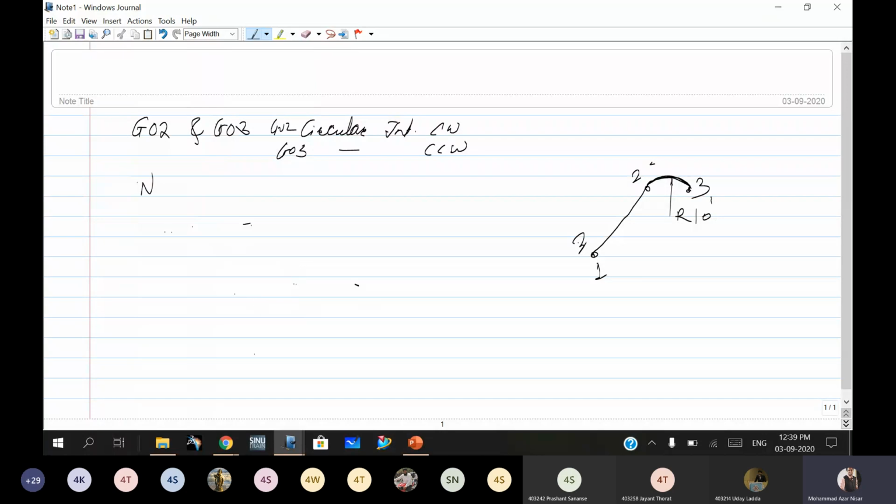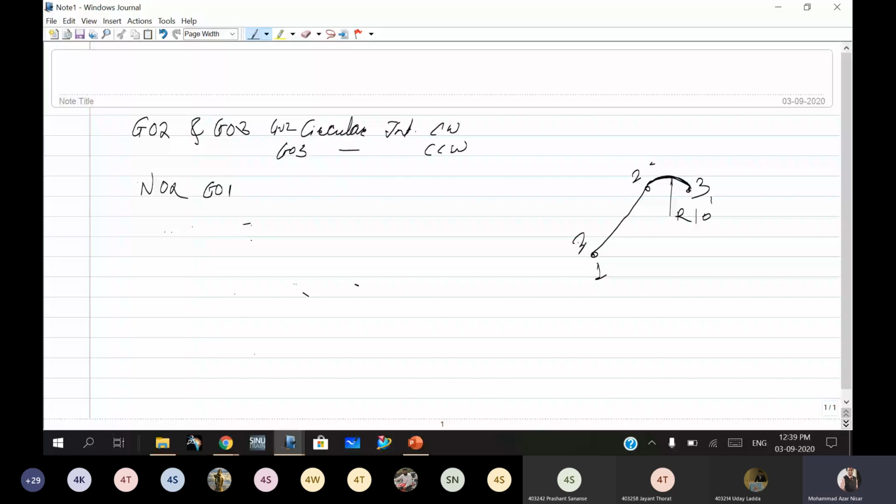First you have to write the N series, whichever it is, suppose N02. I first go through 1, 2, 3, then I will reverse it to 1, 2, 3 in this way. So in N02 I will first use G01, G01 to 2, suppose this is 50, 50.